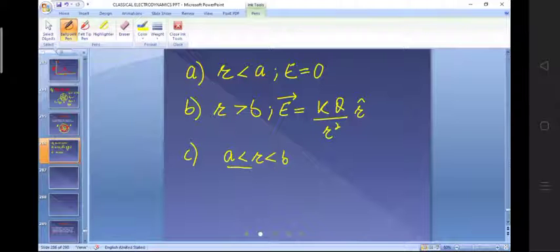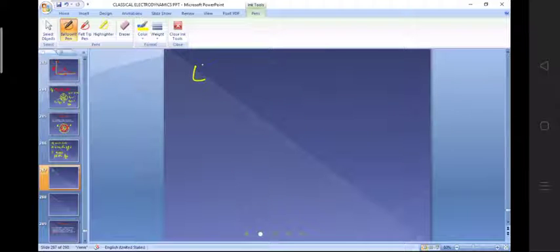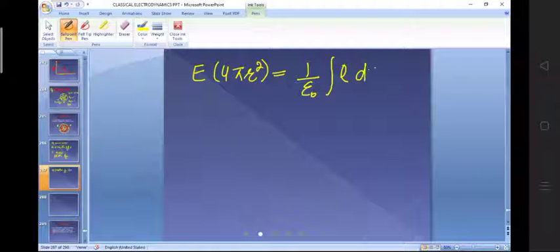I will use Gauss law here, and that's like this: integration of E dot dA will be equal to Q enclosed by epsilon naught. Simply, this integration of E dot dA will be equal to E multiplied with the surface area of the Gaussian surface, and how much is that? That's equal to 4 pi R square. So E multiplied with 4 pi R square will be equal to Q enclosed by epsilon naught. So here I am going to write it as 1 by epsilon naught multiplied by Q enclosed, and instead of Q enclosed we can write, beta, integration of rho multiplied by d tau, or dV.